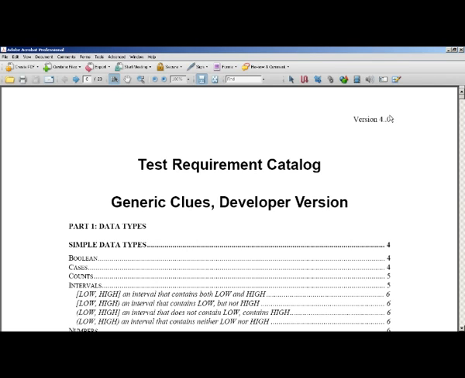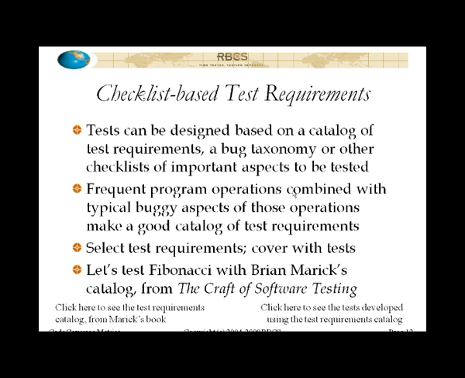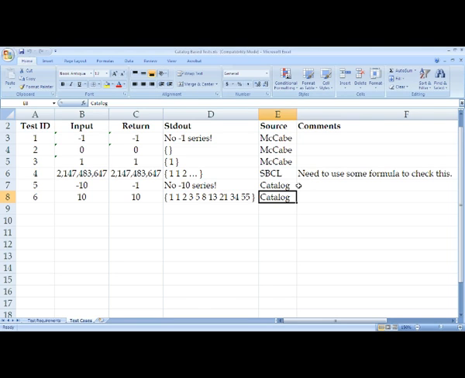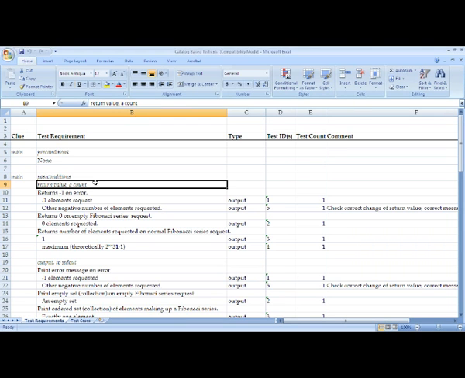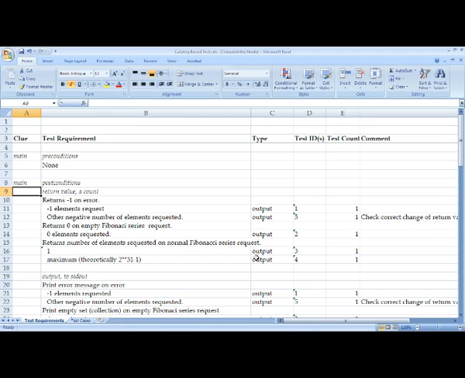Let's go back to the presentation here for a moment. Now, what we're going to do is take a look at the application of Marick's catalog to the Fibonacci program that we've been looking at here. So bear with me while I switch applications. What I've got here is the test requirements that apply, and then the